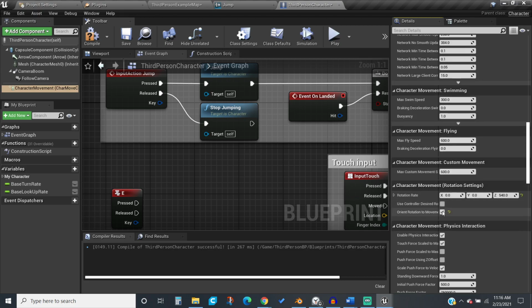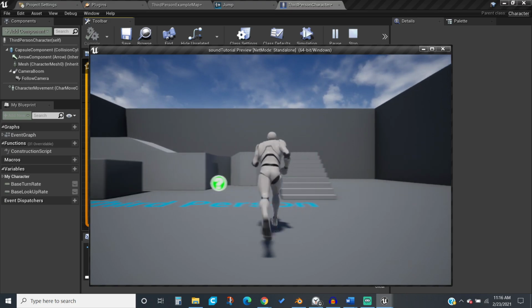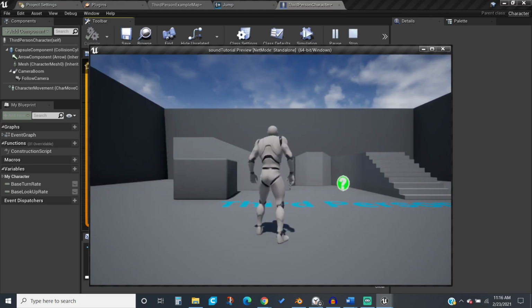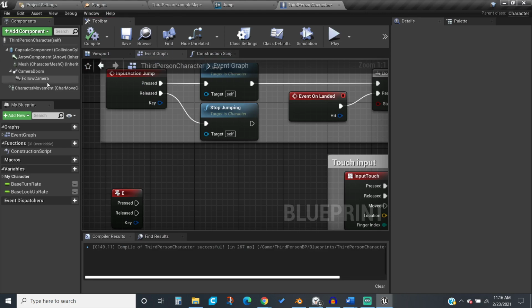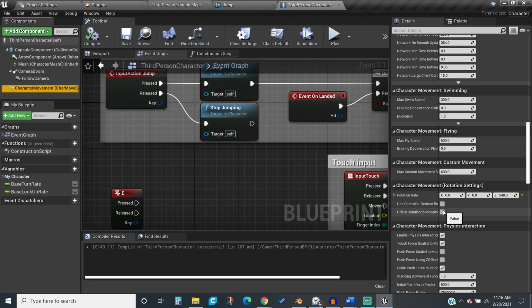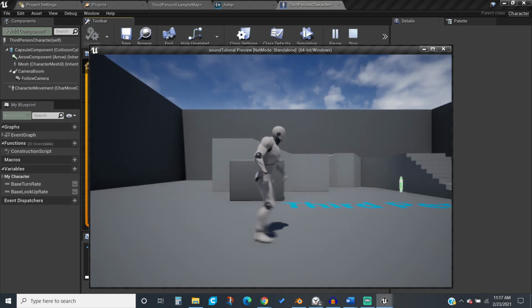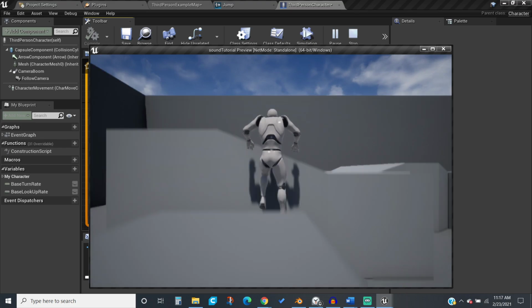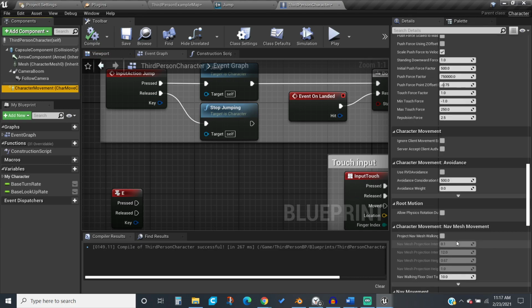This one's important. Orient rotation to movement. If that's unchecked, it won't orient its rotation to the movement. So this is what I mean by we were going left but were facing forward. If we check this, if we're pressing left, it'll go left. Okay, that's that. And then